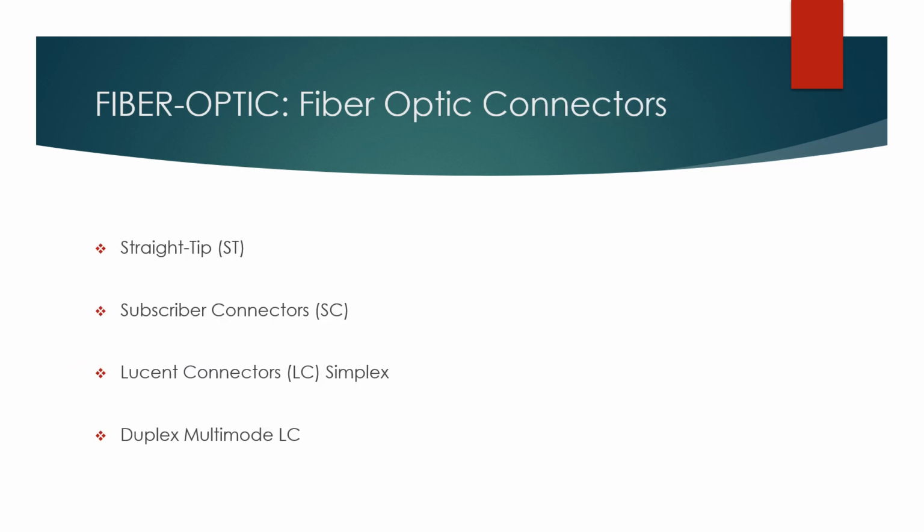An optical fiber connector terminates the end of an optical fiber. A variety of optical fiber connectors are available. The main differences among the types of connectors are dimension and the method of coupling. Businesses decide on the type of connectors that will be used based on their equipment. So the first one is the straight tip connector, and it is a